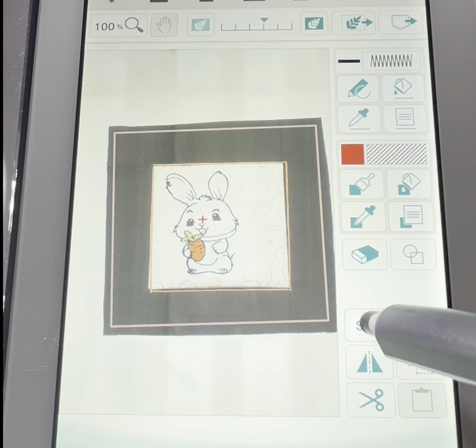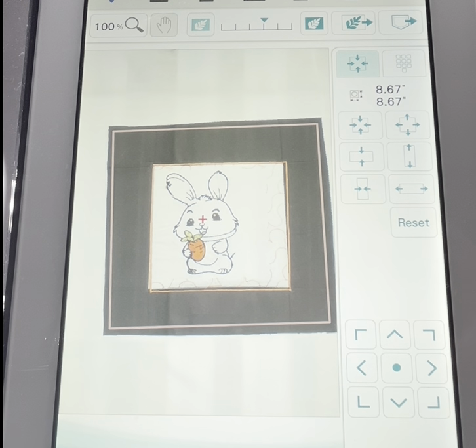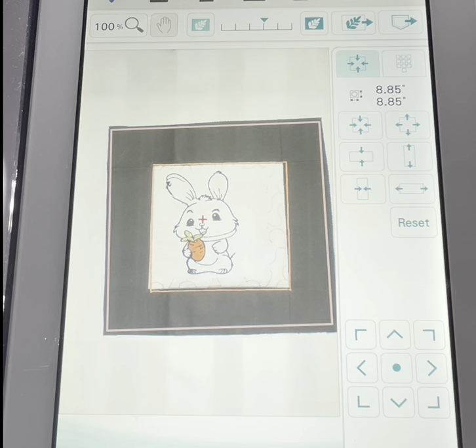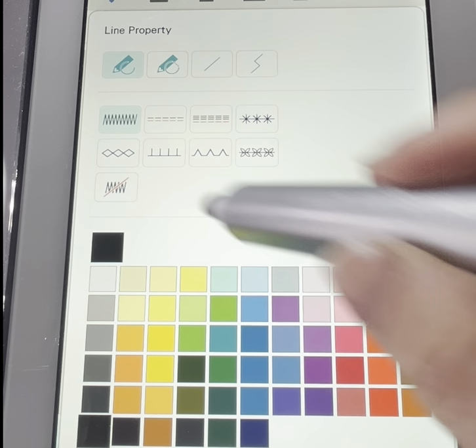Okay, and then we're going to size it out a little more. I'm not going to let mine go all the way to the edge. Okay, so there we go. Okay, we're going to click OK, and we're going to come up here, and we don't want it to be